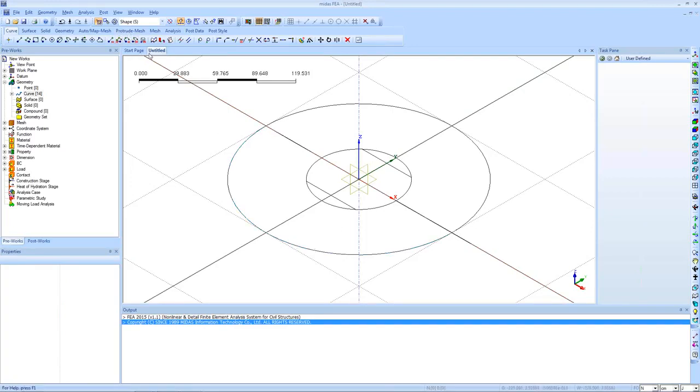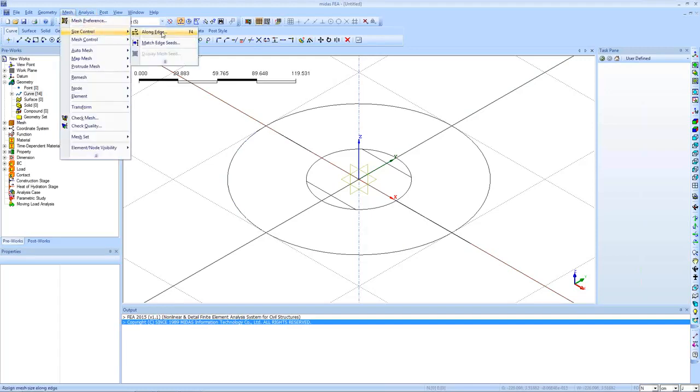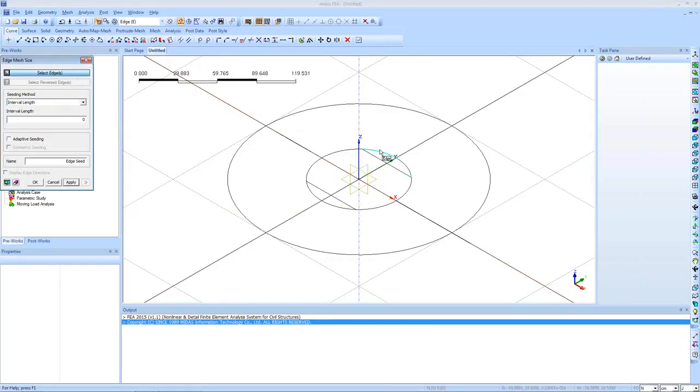Now to mesh this, I have to define seeds. I'm doing this because I want to control the size according to my wish. So I'll define the seeds for these edges. Like I want these edges to be divided into 8 parts. So I'll choose number of divisions as 8, apply. And these edges to be divided into 4,